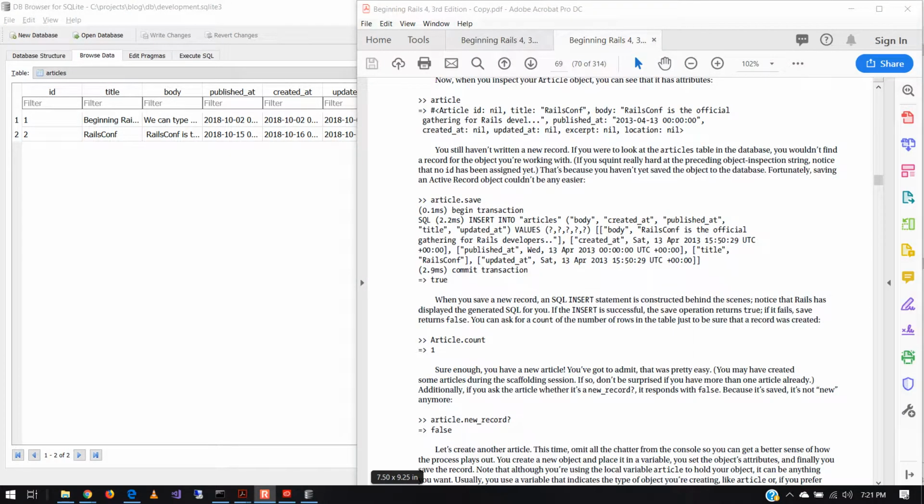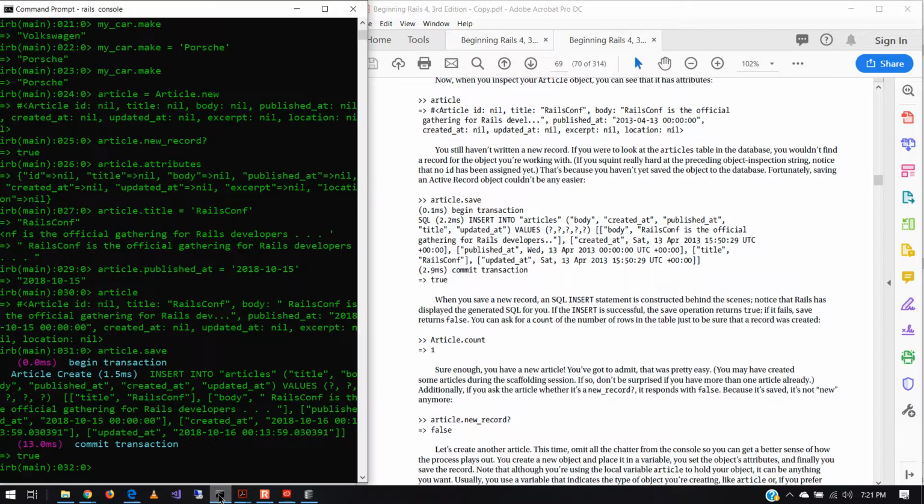Okay, now that we're back from break, I'm bringing the book back up on the screen here to bring up our next command. So we visually went to the database and saw the fact that the information did make it there. So now our objective is to run some of the other commands. And now notice I'm going to type Article with a capital A, which is now referring to the class, right, which is tied to the data model, which is tied to the table, right? And now we're going to do an